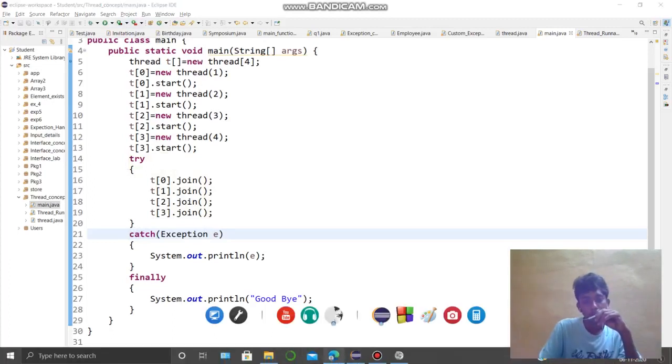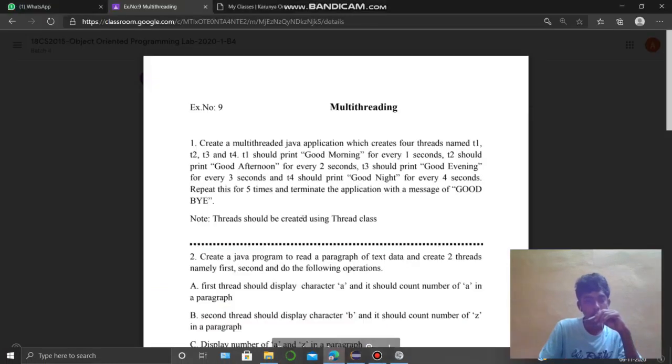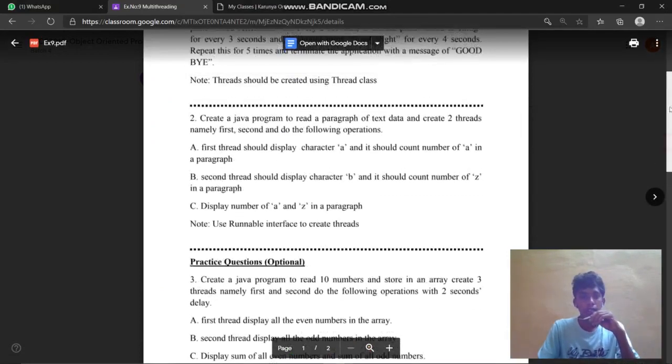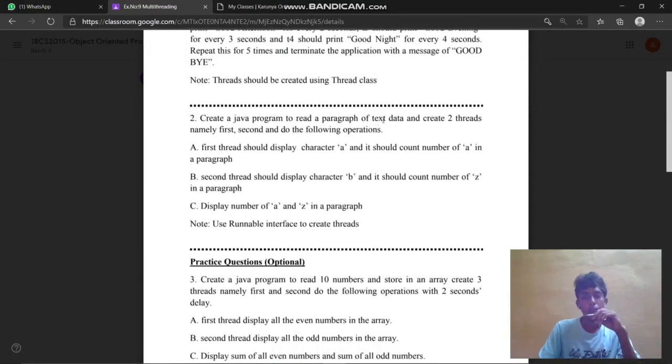So our next program is to create a Java program to read a paragraph of text data. That is, we need to read a paragraph and create two threads, first and second, and do the following operation.